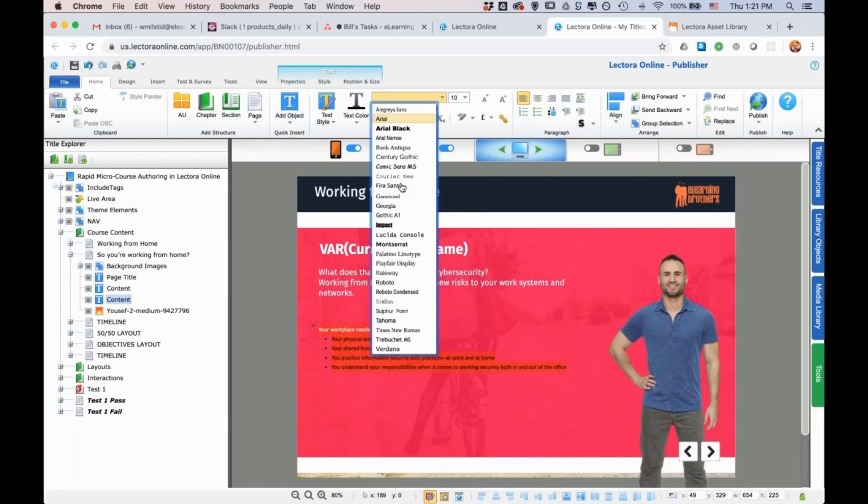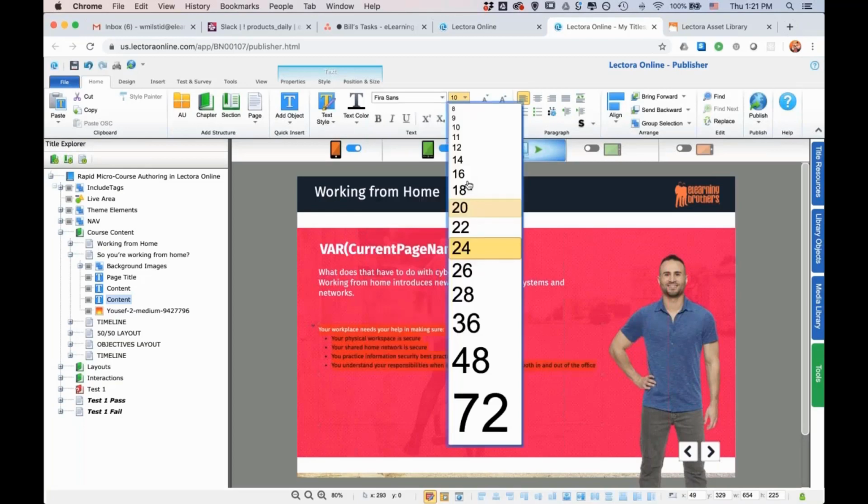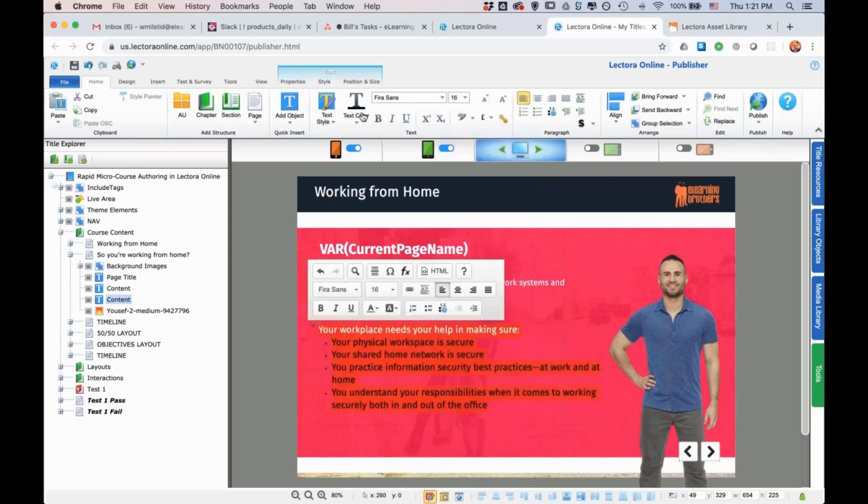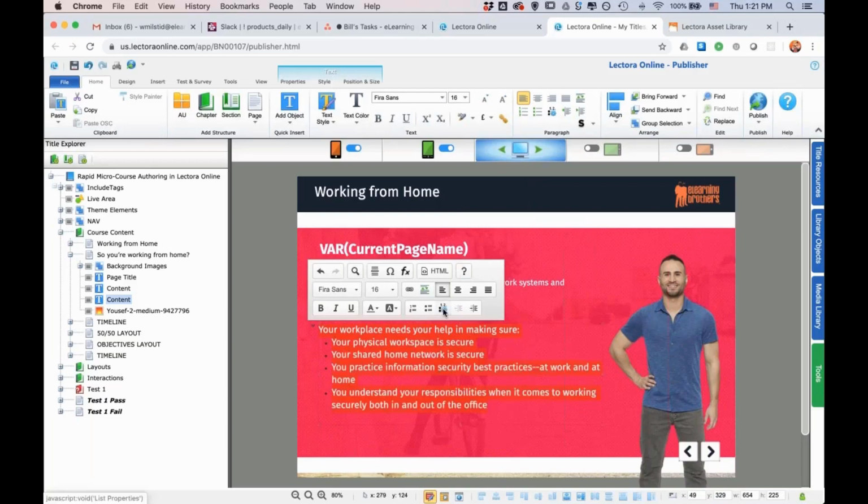So I need to edit our bullets. So you do that in the settings pane here for your bullets. All right, so that's quick and easy. And move that one over a little bit,